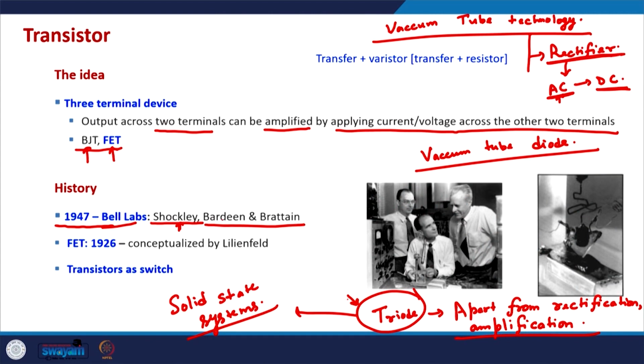So after World War II, finally in 1947, although people had been trying for a long time to make a solid state transistor, it was demonstrated in Bell Labs. A point contact or NPN-like transistor was demonstrated in 1947. And I must also add that it was not only a scientific achievement, it also led to a huge economic boom, especially for the US in the beginning and then other countries.